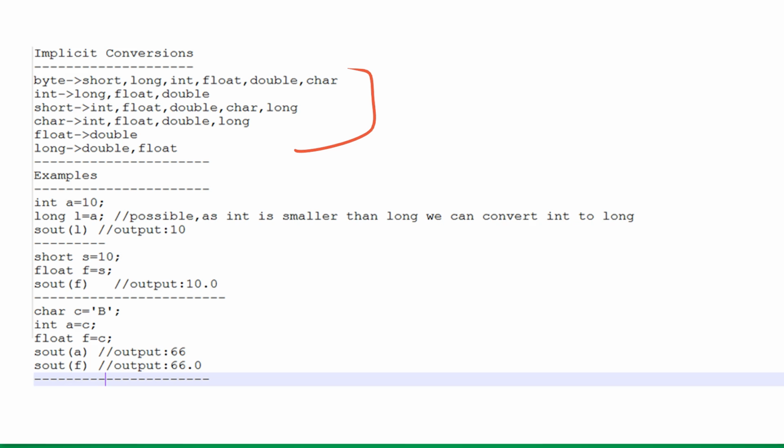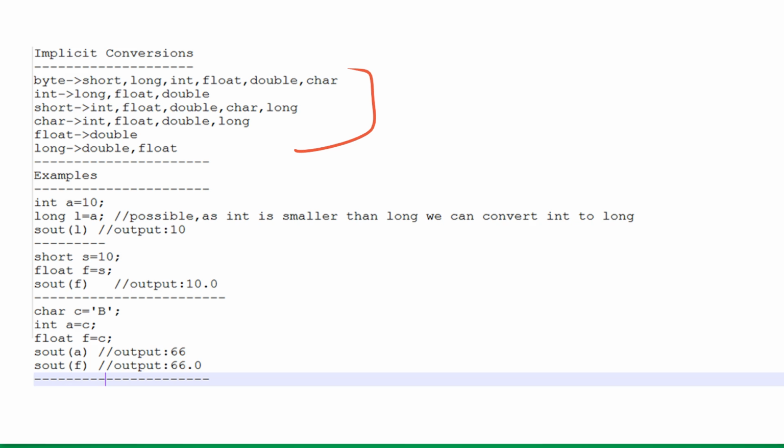Here I have declared short s is equal to 10, and we know that short is of 2 bytes and I am trying to convert it to float, and float is of 4 bytes. I have already told you precision data types are always greater. Okay, now if I try to assign it to a float, a 10 value, then it will print 10.0. But where did this .0 come from?